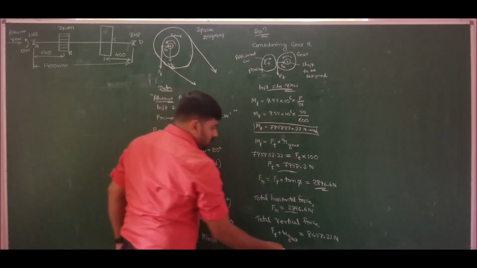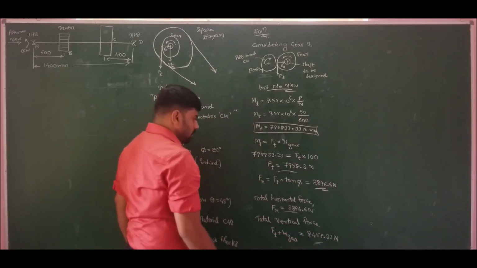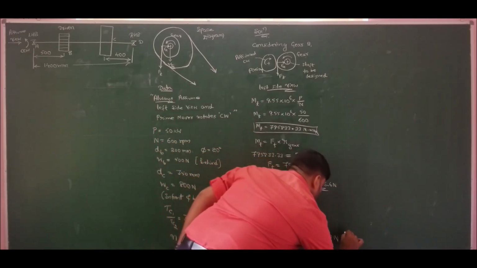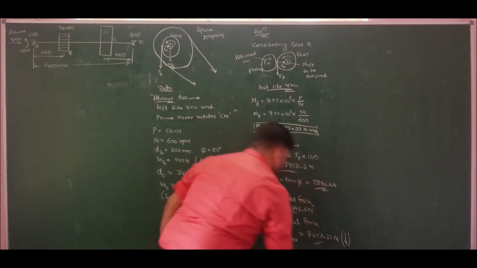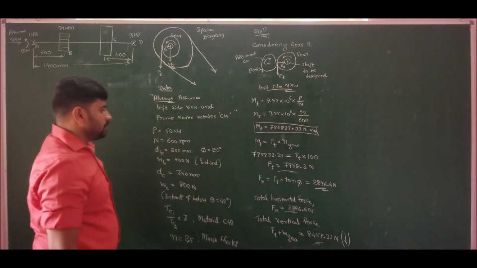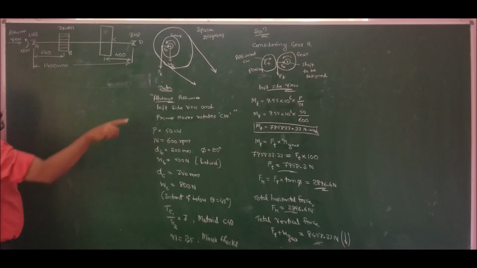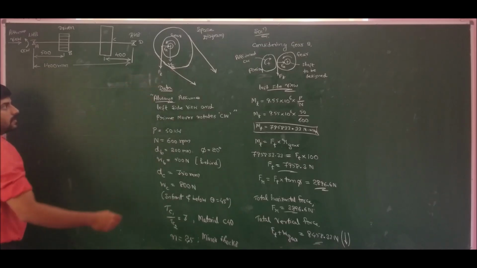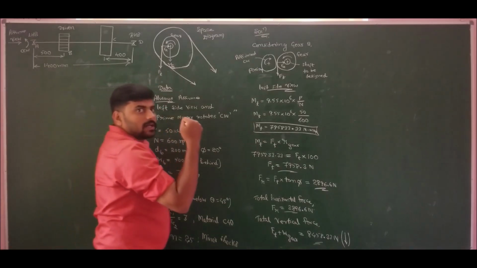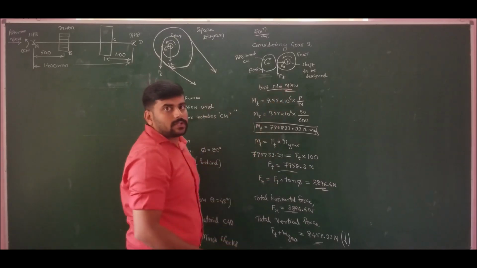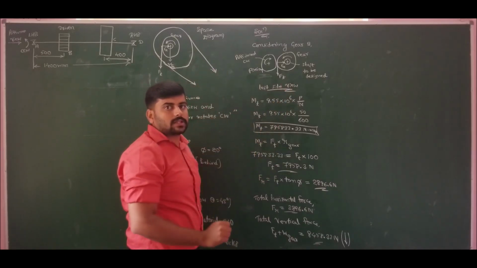So we have calculated total vertical force and total horizontal force. Coming for direction of vertical force, both are acting vertically downward. Coming for horizontal force, if you observe, we are looking at the gear from the left side, whereas Fr is moving away from the observer. So whenever the horizontal force moves away from the observer, I should mark it as vertically downward in the horizontal load diagram.